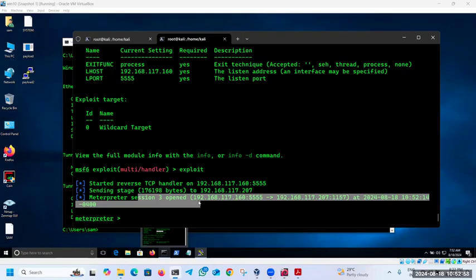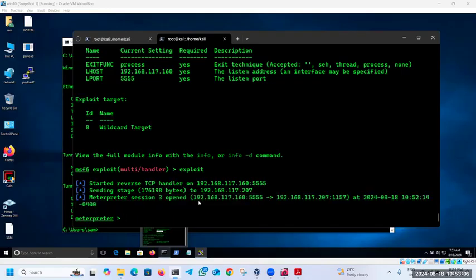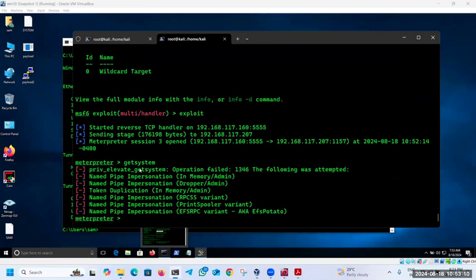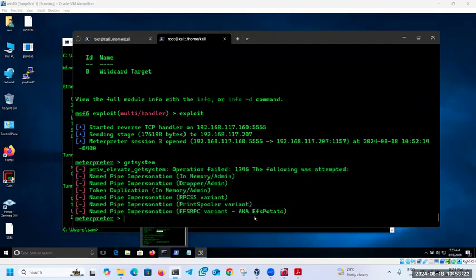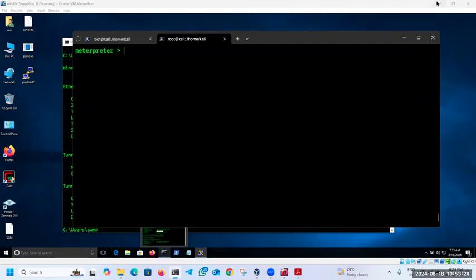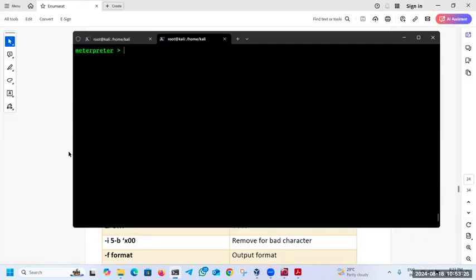Okay, so this is how to merge a virus into the original software. If you try getsystem here, this will also not give you any kind of administrative privileges, right? Which means again we did not bypass the UAC. No problem. Next thing is,